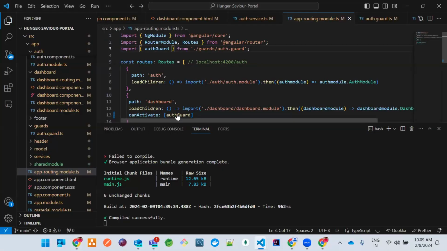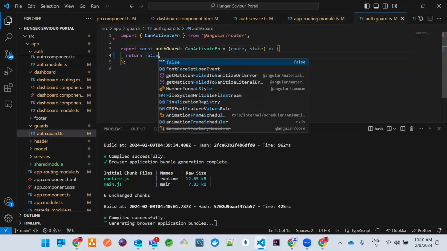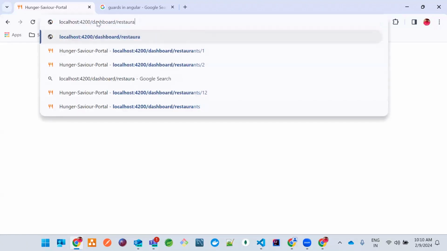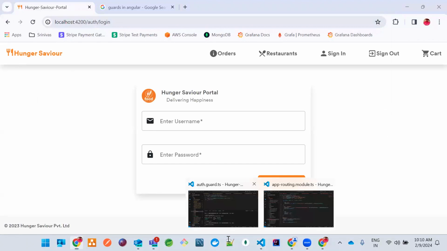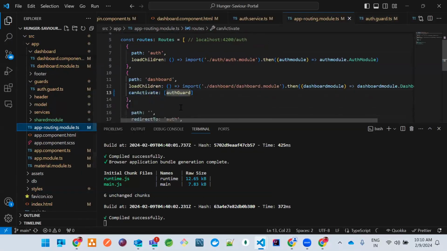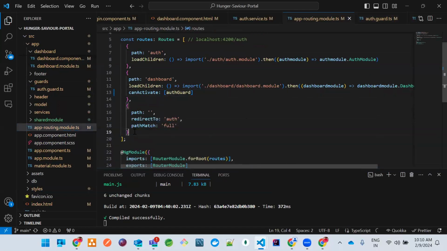But if I return false from here, see the thing. See, correct. So let me do one more change over here, first of all. There is something called the app routing module. What happens if there is an empty path, and if there is any path,